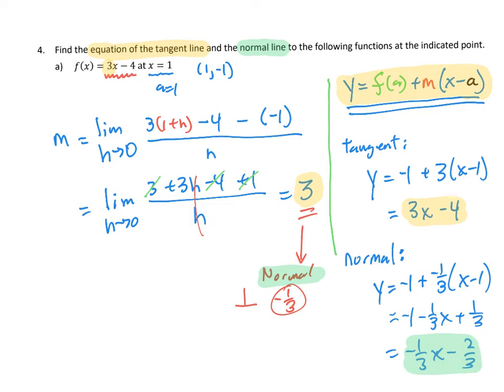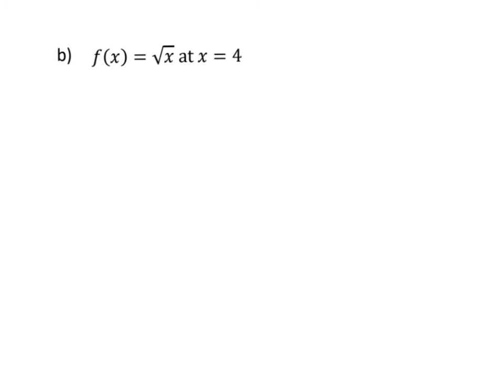Let's check out letter B. Same goal here. We need the slope of the tangent and the normal. For us, a equals 4. And then f of a, I think you'll agree, is 2. Because the square root of 4 is 2. So when we do our slope,